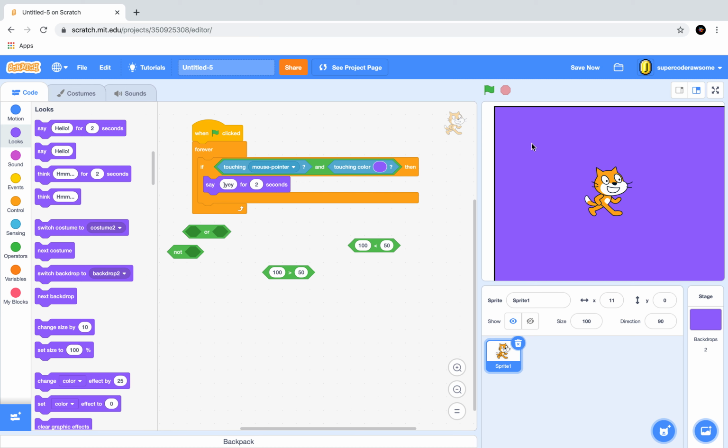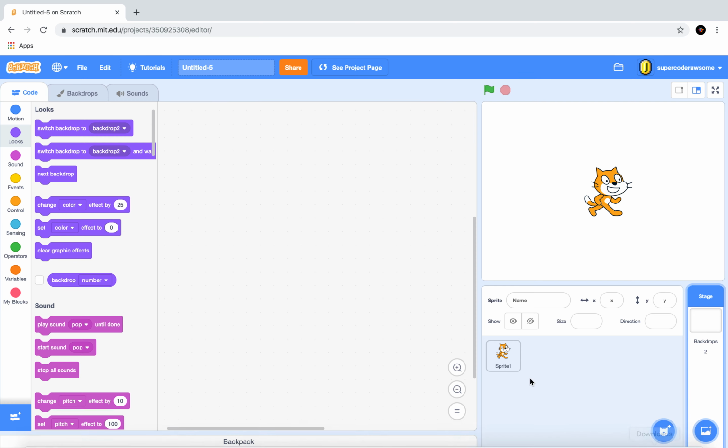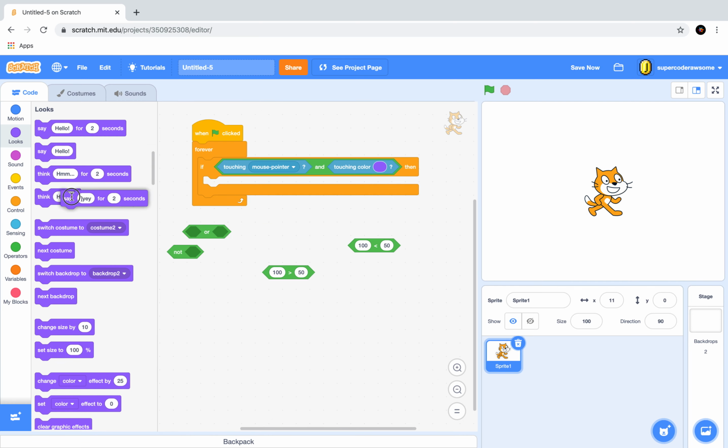And if it's just touching the color purple, it's not going to do anything, you see? But if both the mouse pointer and it's touching color purple, it should say yay for 2 seconds. And if I keep my mouse pointer on there, it should say yay indefinitely. And if I take it off, it should stop momentarily. So yeah, very simple. Combining aspects of your project, saying if something is true and something else is true, then